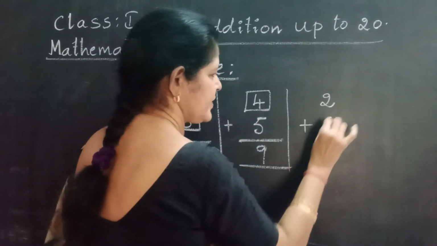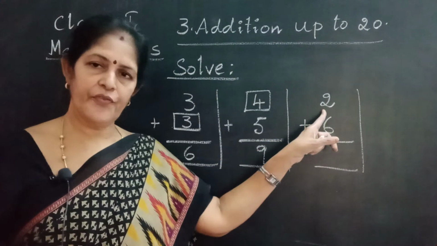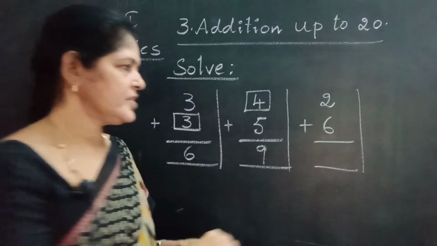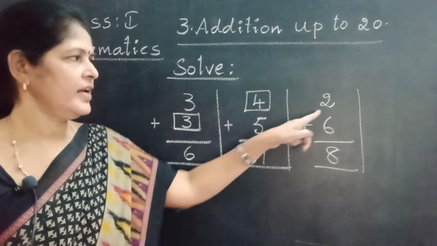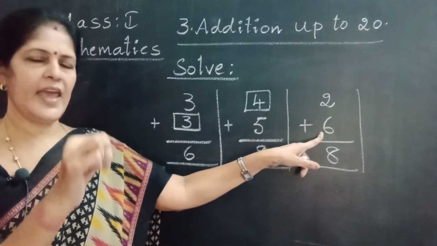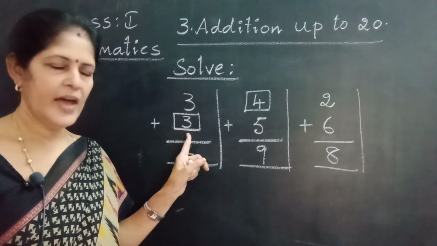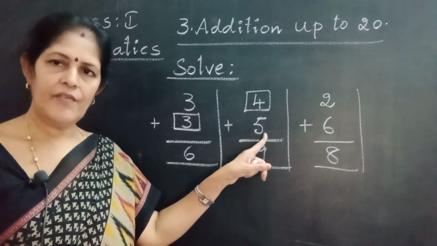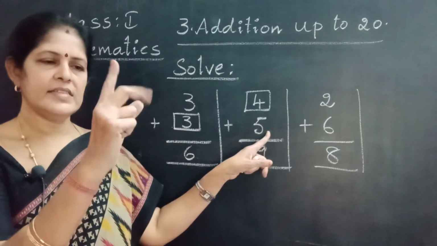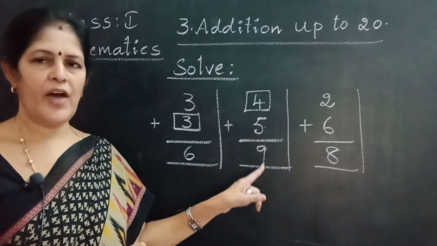2 plus 6 equal to how much? Find the total. Yes, using fingers. Take 2 fingers. 6 after: 7, 8. Here, see, observe. But for find the first number or find the second number, we start counting after the given number till we get the total. Once again, 5 after: 6, 7, 8, 9. That means 4 plus 5, 9.